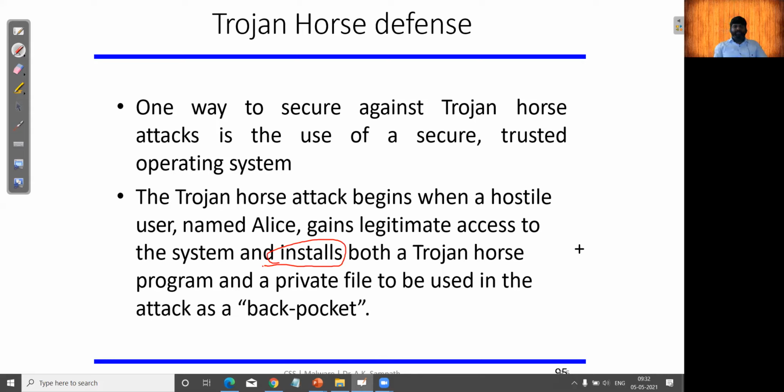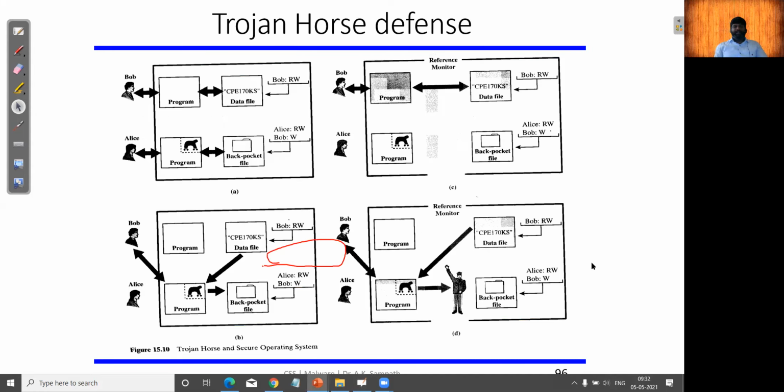When we talk about the reference monitor system, even if the attacker gets some information or gets illegal access to your computer, there are going to be complete monitors through which access to particular resources or shared files cannot be changed, right?